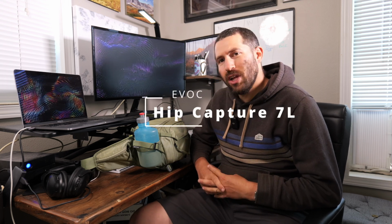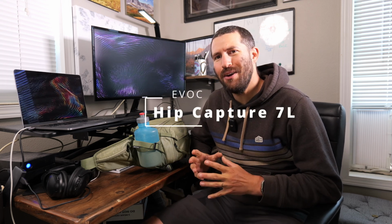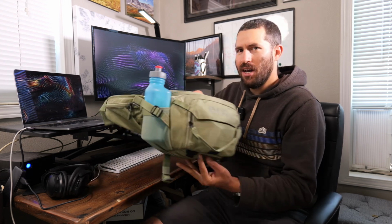Today we're going to talk about a really cool, really niche product. This is the Evoc Hip Capture 7. So this is a mountain biking fanny pack built specifically with photographers in mind. This is a 7-liter fanny pack that is built to specifically hold your camera, an extra lens, and some other